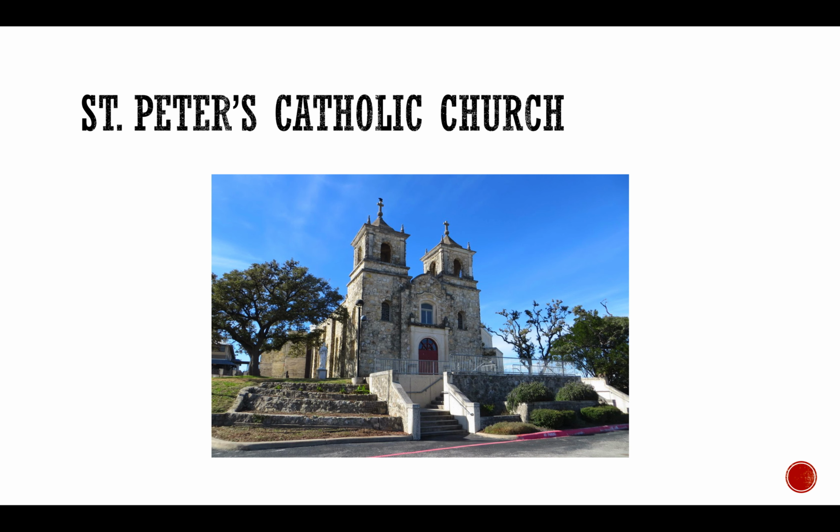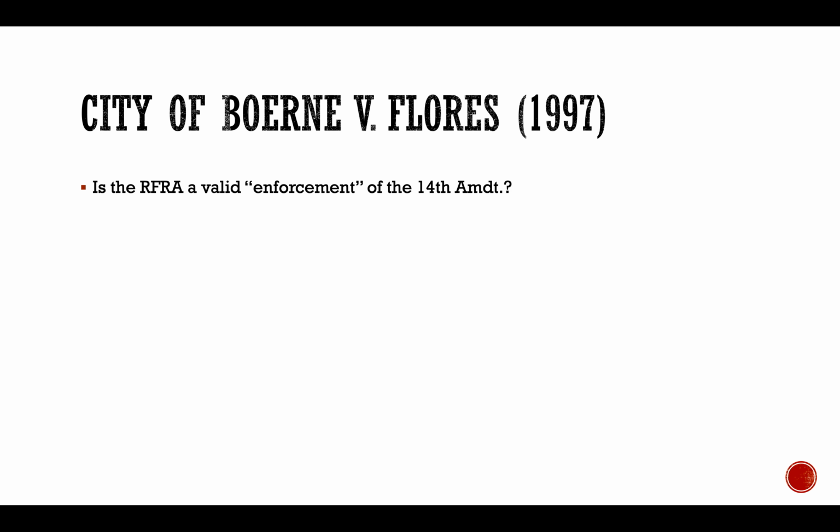So we see what the statute does. The statute wants to employ this compelling interest, this substantial burden compelling interest test, and get rid of the rational basis test that Oregon versus Smith had adopted in its place. So is RFRA, the Religious Freedom Restoration Act, a valid enforcement of the 14th Amendment? So what should we do in analyzing this question? If we go over to page 947, we can see the court starting to discuss its method of analysis.